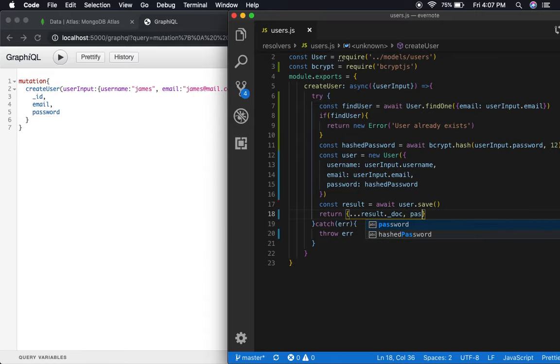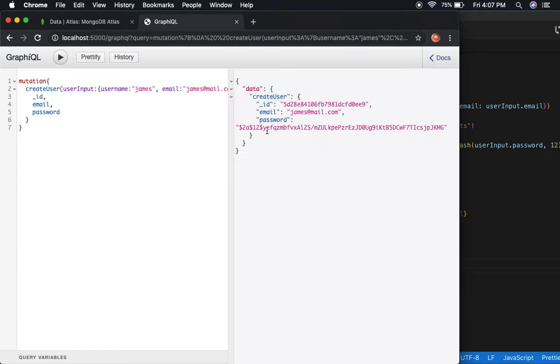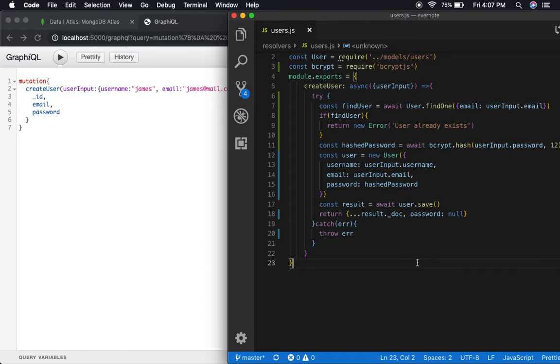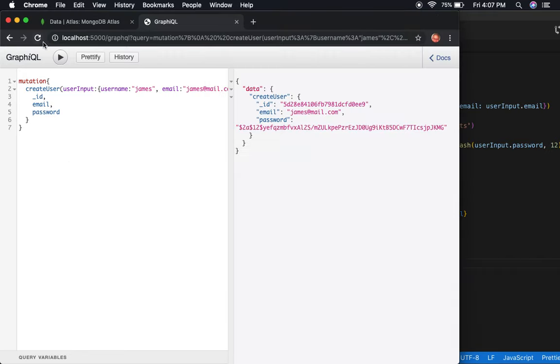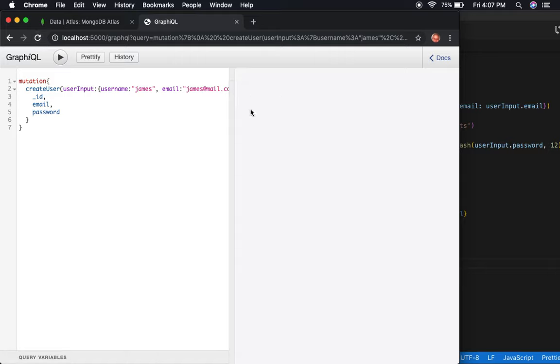So we can do password. This is the password field, and we're going to override it and set it to null. Okay, so we'll get everything else but the password. So we don't need the password in there. So I've heard. So if I go ahead and refresh this,